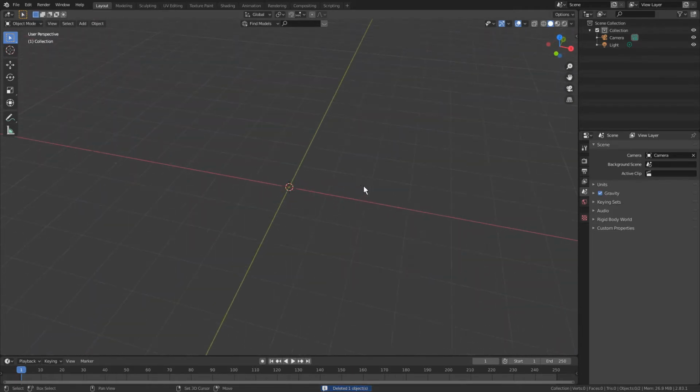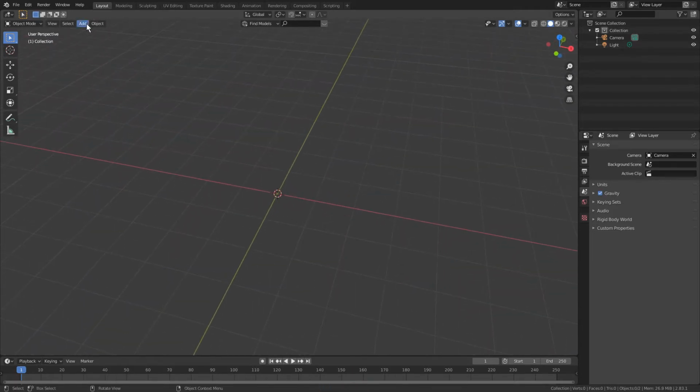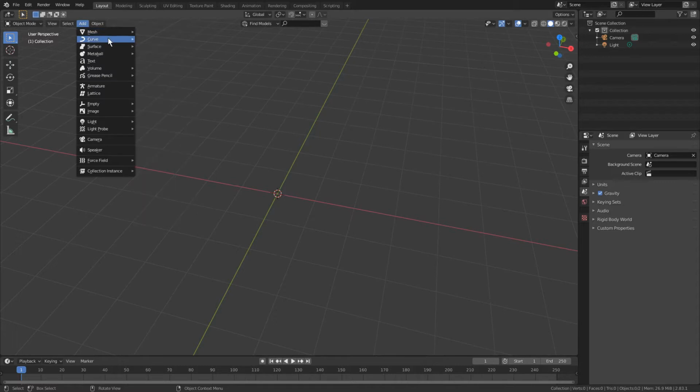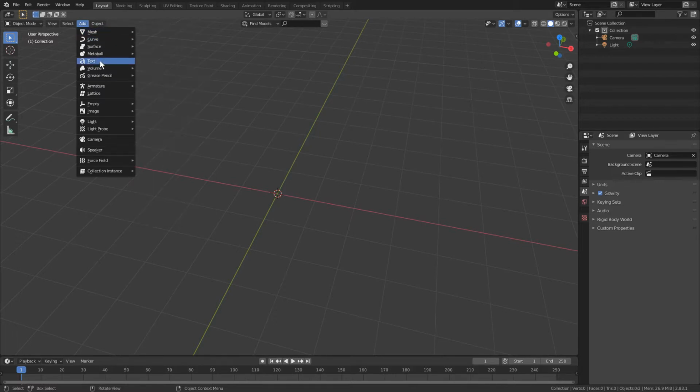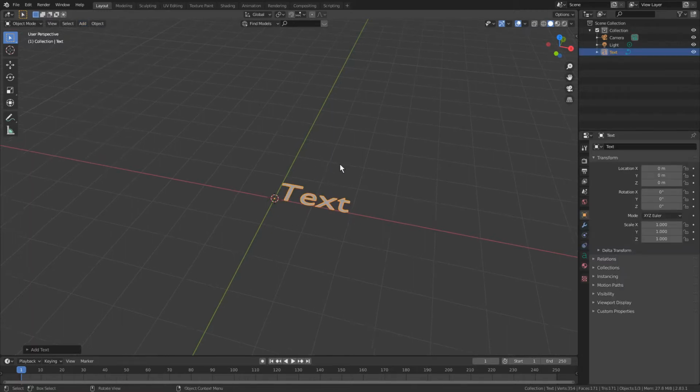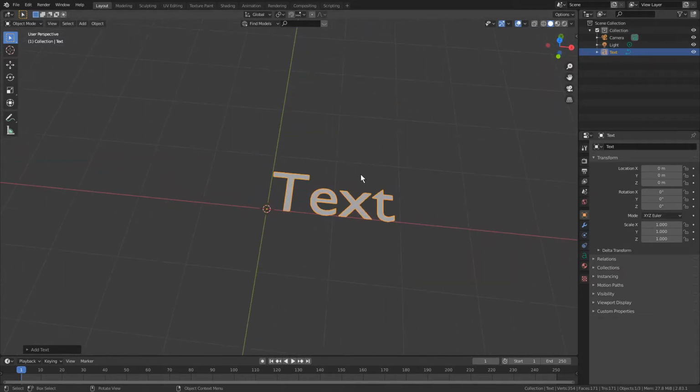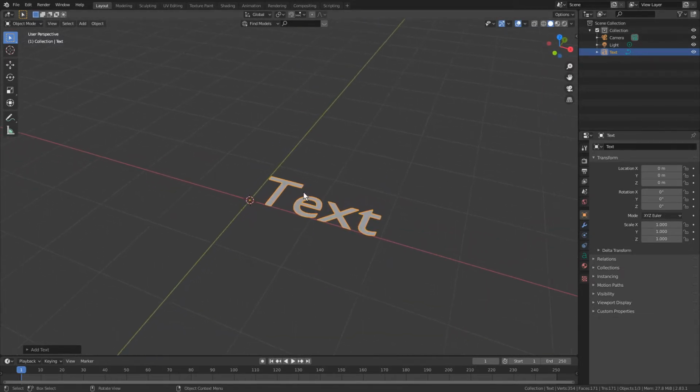To add a new text, just go to the add. Instead of using mesh and curves, we're gonna use this text, right? This one. So we created a text object, and if you want to type and change the words,